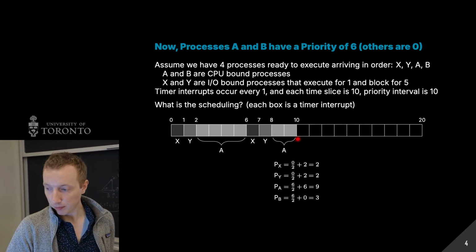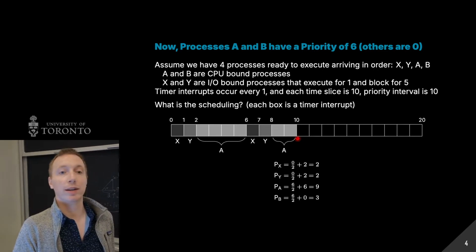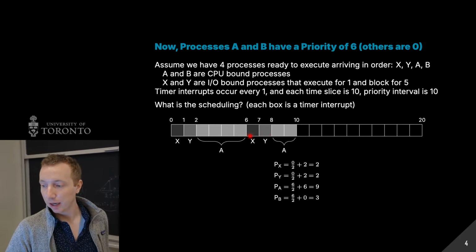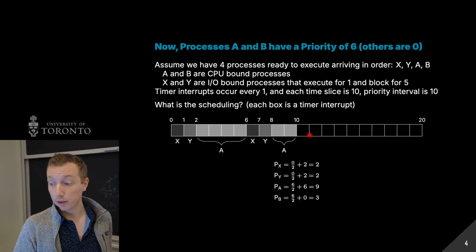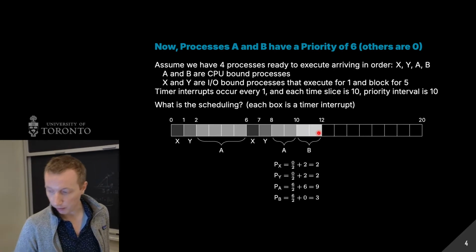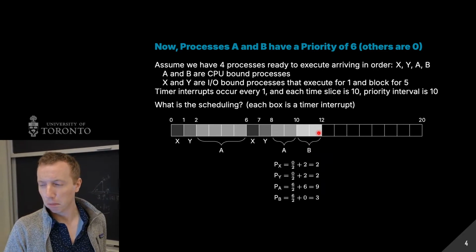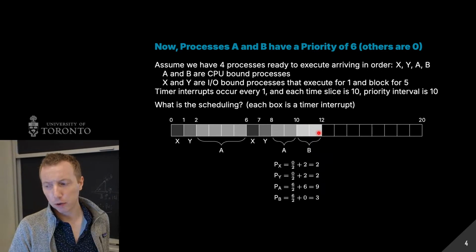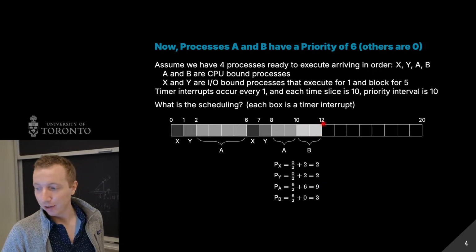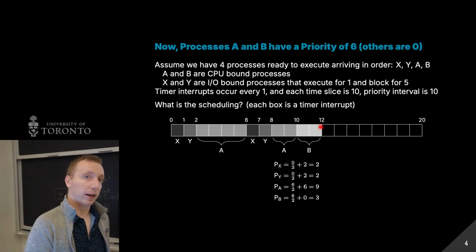So now here's the tricky part. At time 10, what do we schedule to run? B, right? Because X and Y are both blocked at that point. X isn't ready until this time here. So we would actually run 12. So we run B for 2 time units, and then at 12, that's when X becomes ready